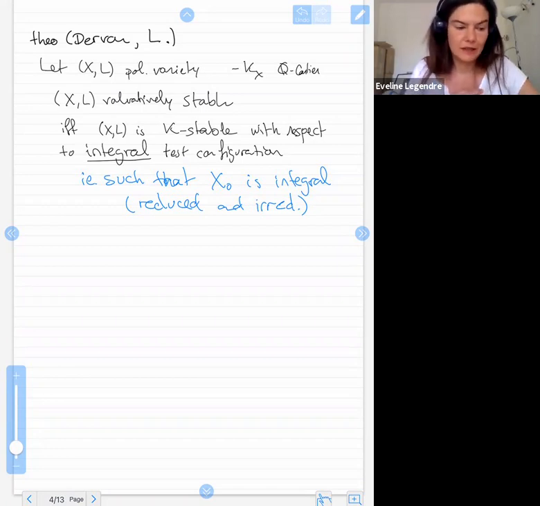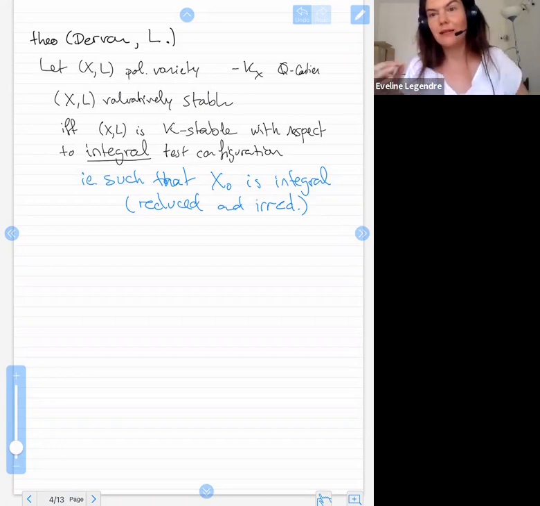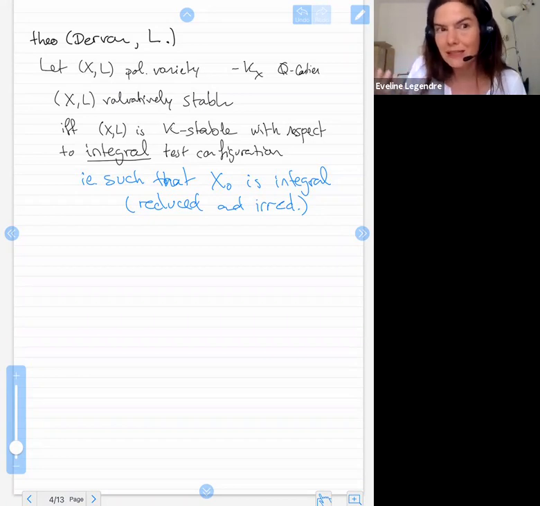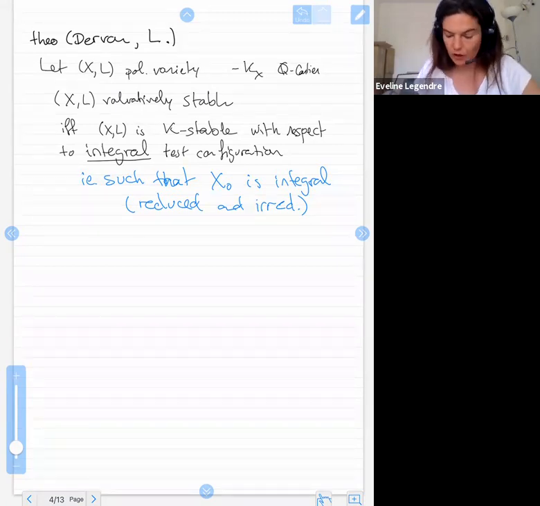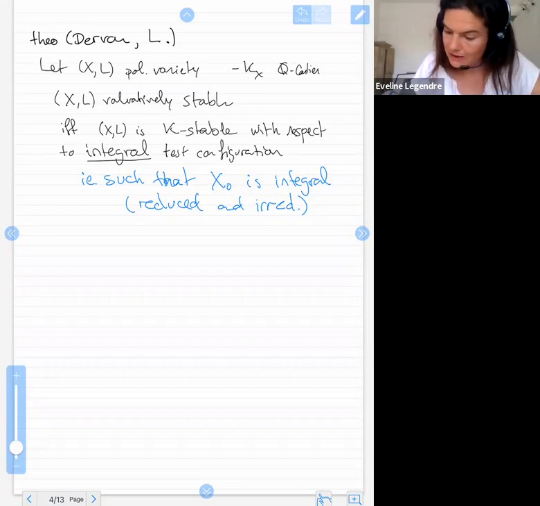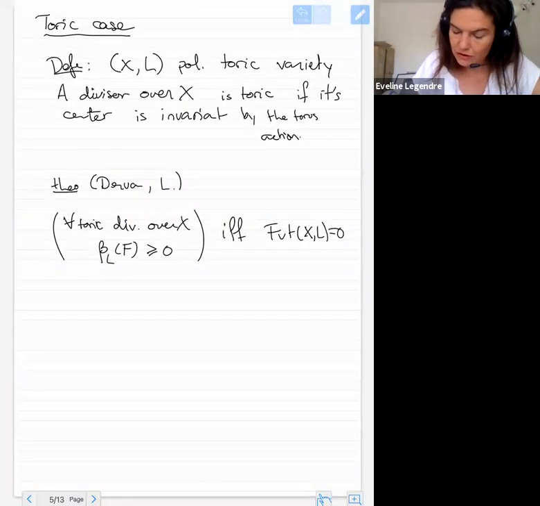But actually, if we look only at the divisorial valuations that are invariant by the torus, then it is relatively stable. So in some sense, this is weakly equivariantly stable, but not K-stable. So maybe I can be more precise with this. So in the toric case,